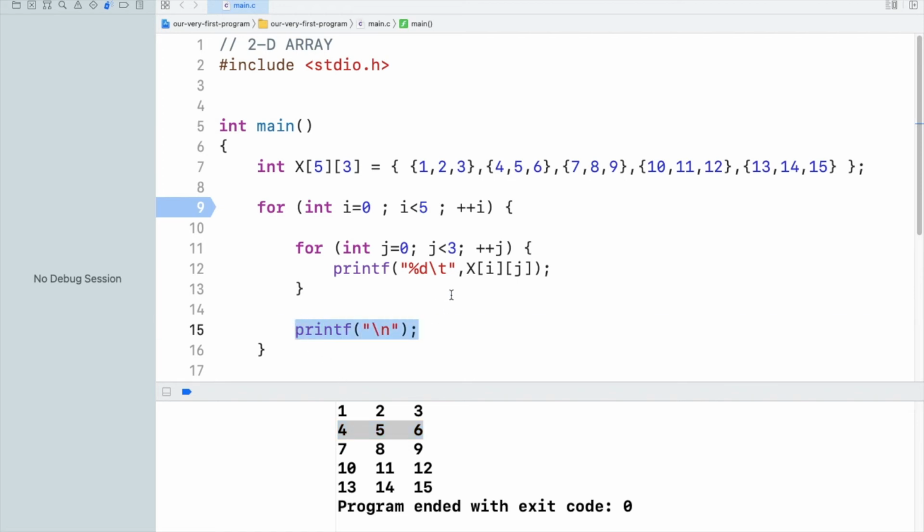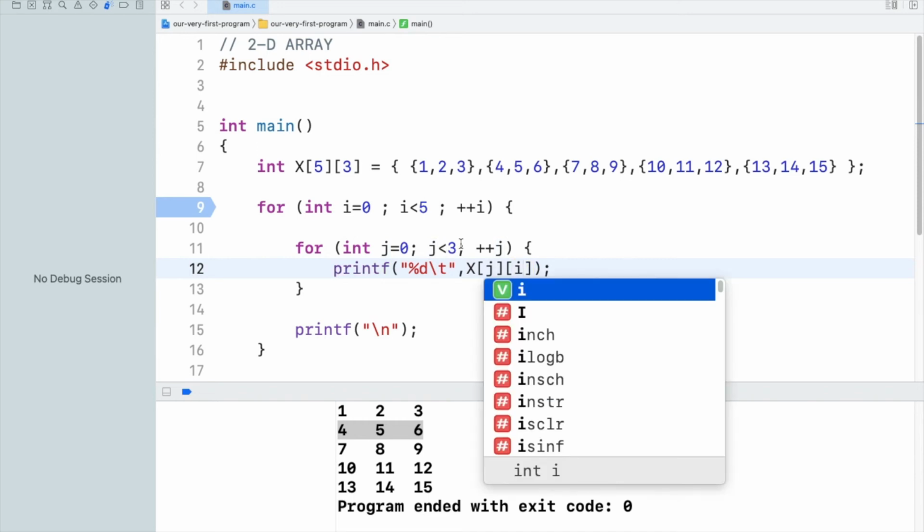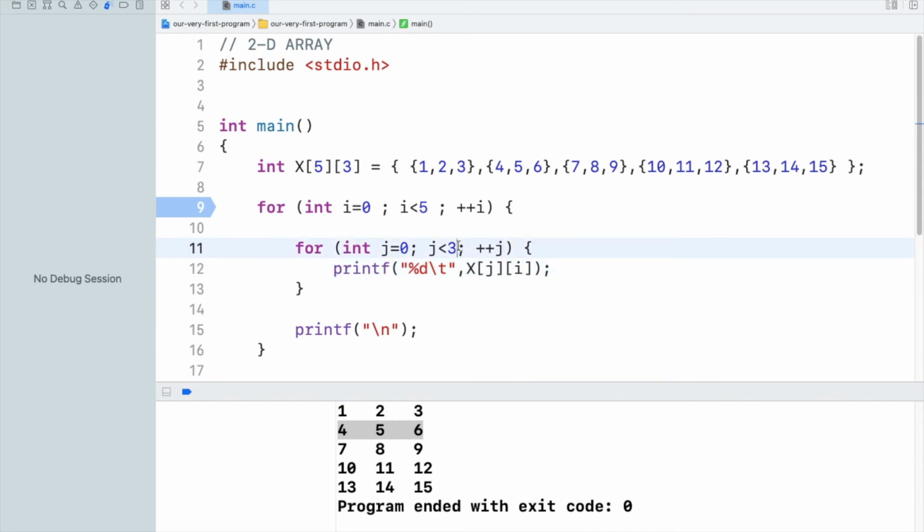Okay, you can even go with the other method. You can print columns first and then rows, and I will be demonstrating that. You just need to replace j with i and i with j, and you also need to change the sizes. Let's see what we have now.